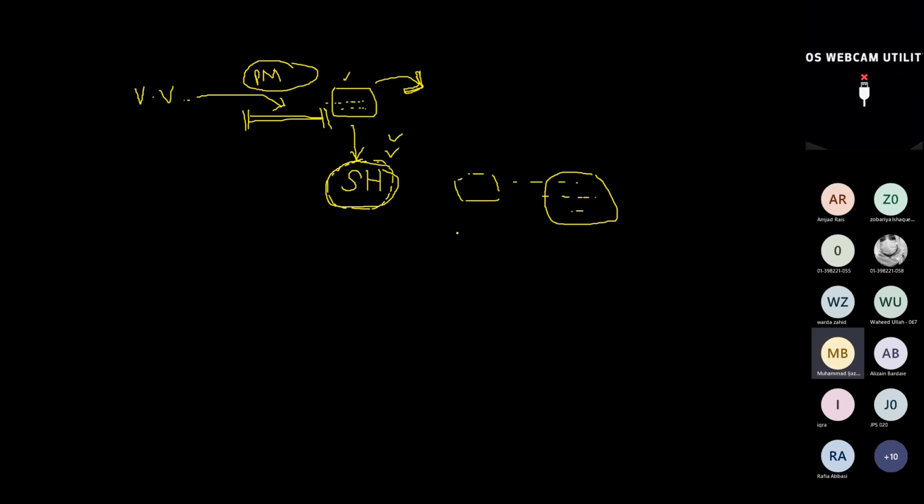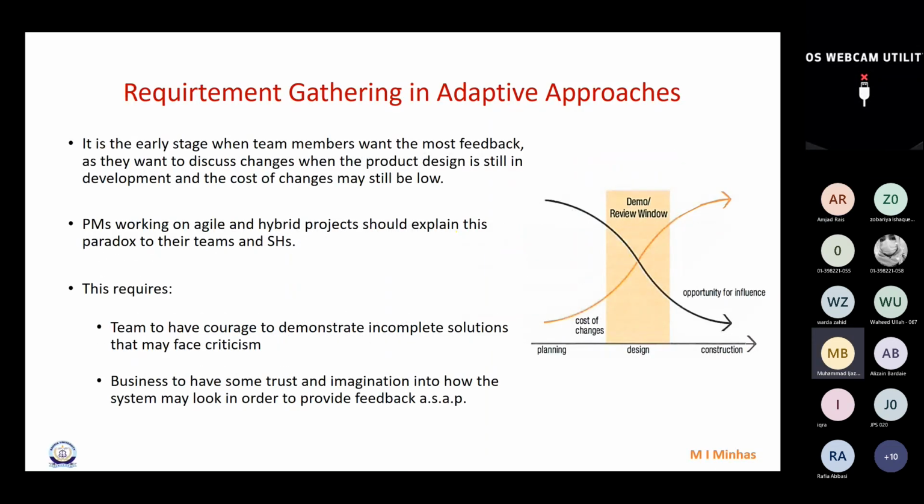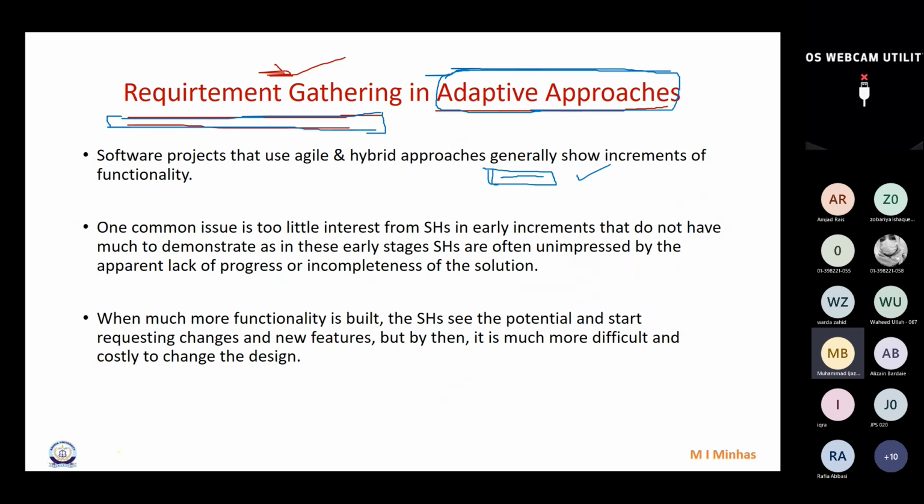Sir, the dilemma here is that stakeholders generally take very little interest in the beginning of the project, because they are often unimpressed by the apparent lack of progress or incompleteness of the solution. So they say, look, it's not going to work. This is in the back of their mind, and it's useless to say anything. But that is the point, that is the time when